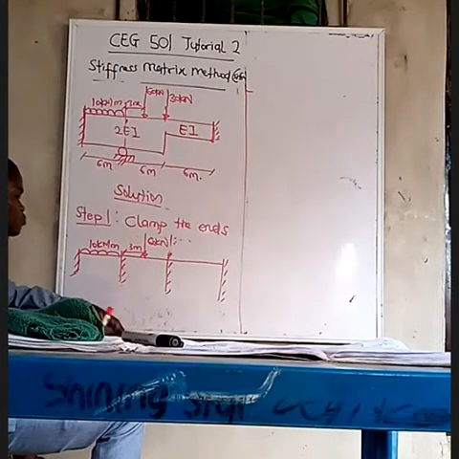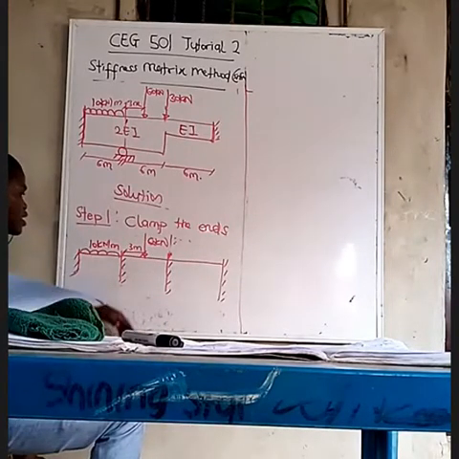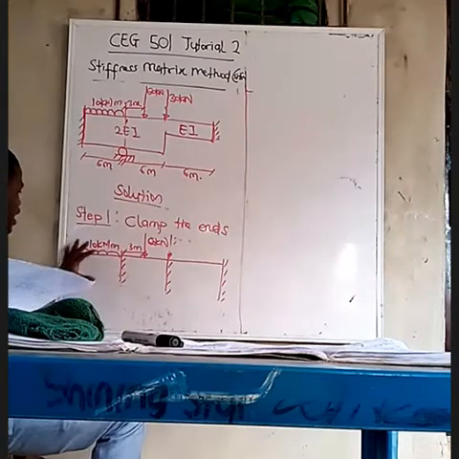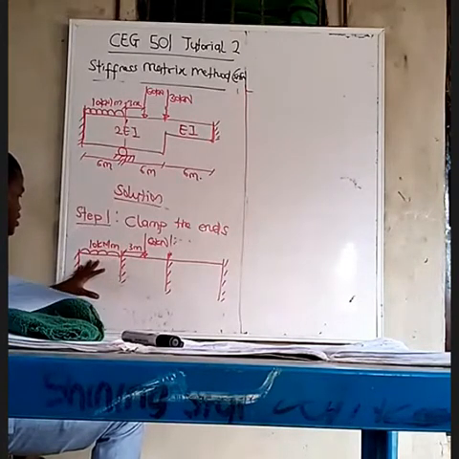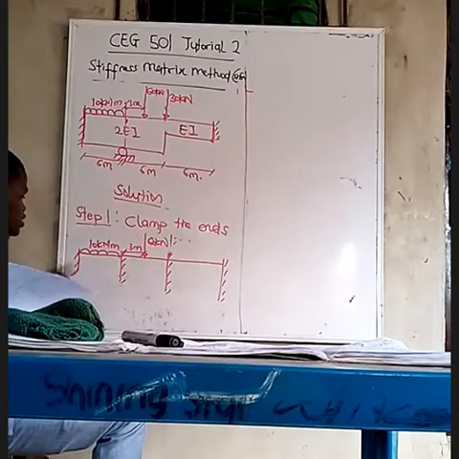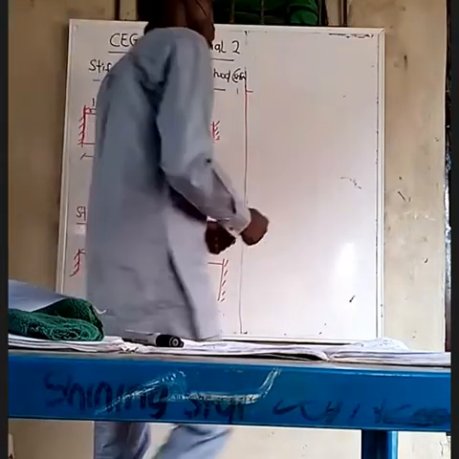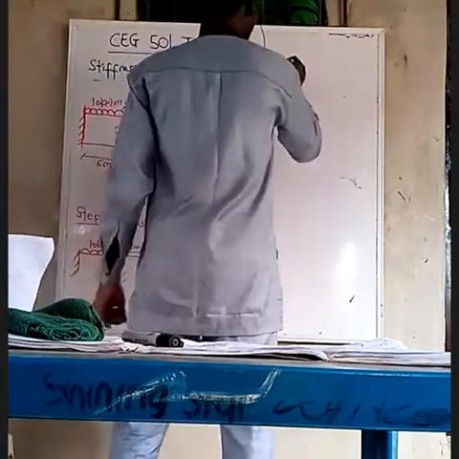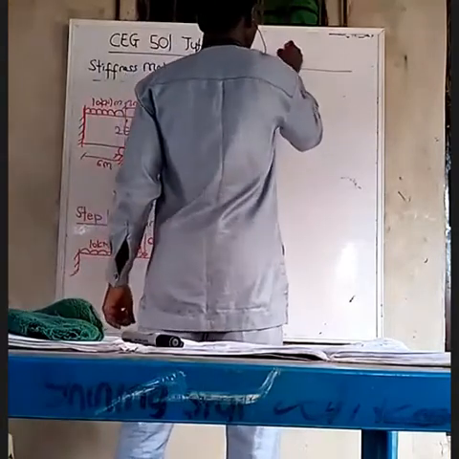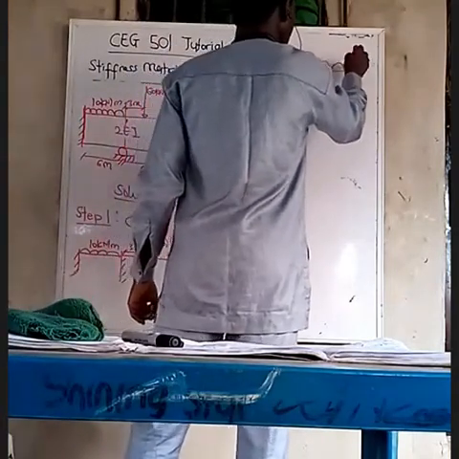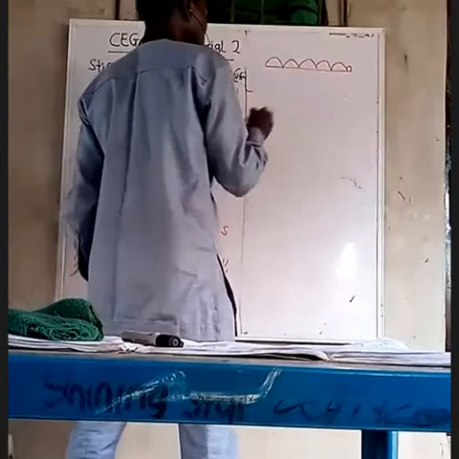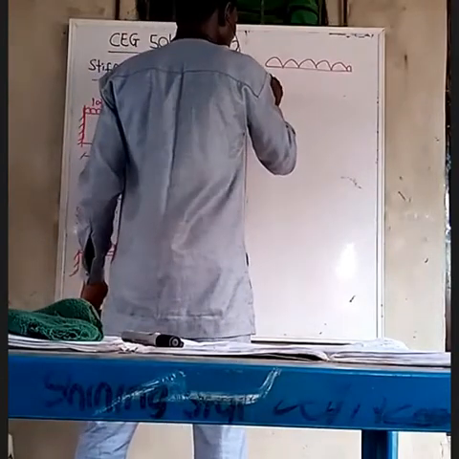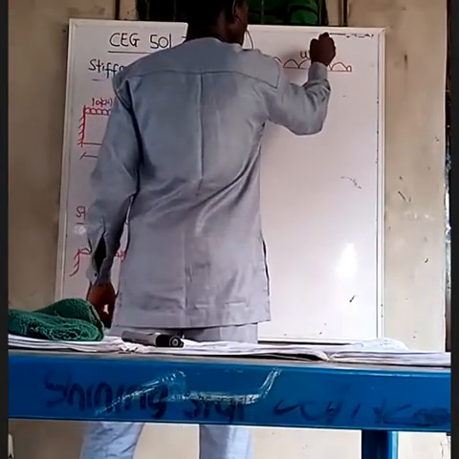So what we want to do is to find another structure that can be used to replace this UDL as it is. So what this means is that I will draw it up now. Look at it very critically. We can say that the UDL that is like this is the same as